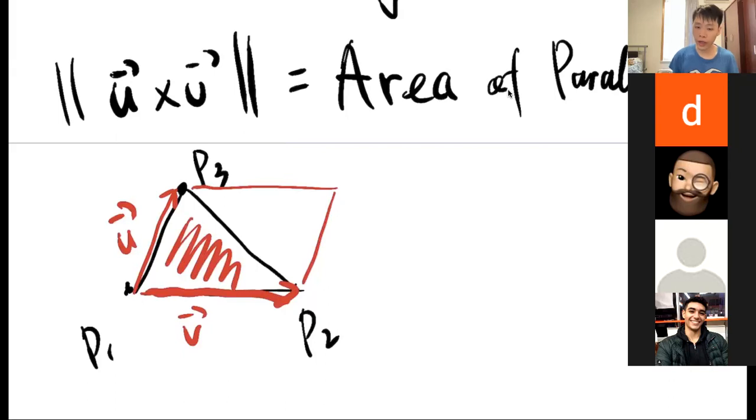Because this part of the triangle and this part of the triangle are actually congruent. Remember, this is some basic geometry. All right. So because they're congruent, the area is the same, so the parallelogram is double the size of the triangle that we want. Right. The triangle